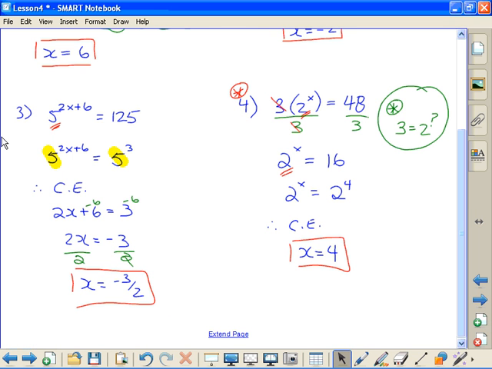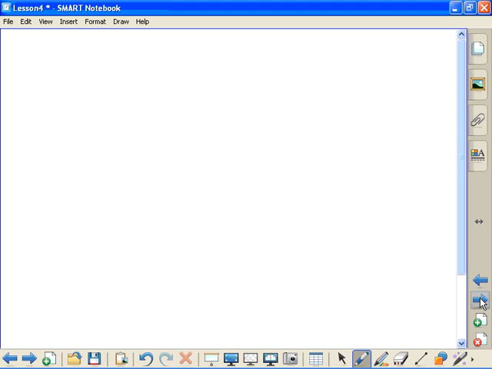All right, moving on to a couple more challenging examples for you to see. And what you're going to see a bit later in the book, or later in the homework, you could come across a question like this one. So the fifth one here: 5 times 3 to the exponent 2x